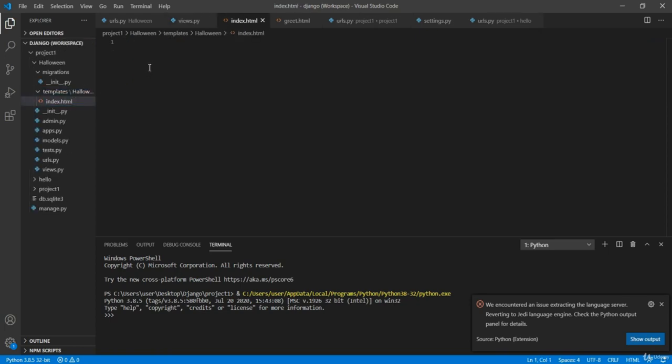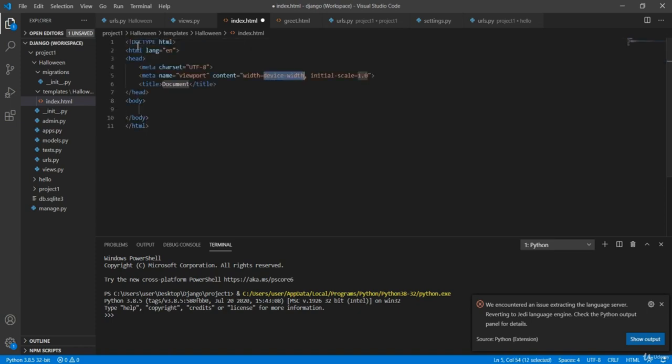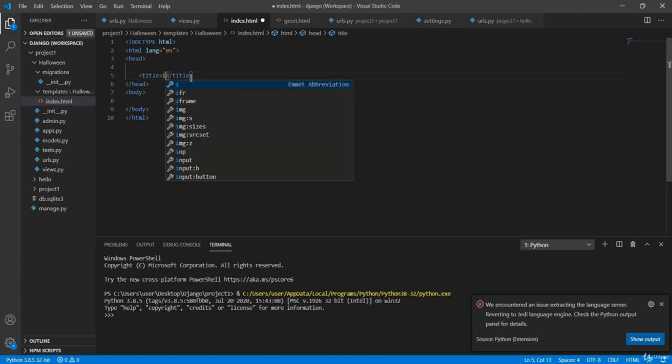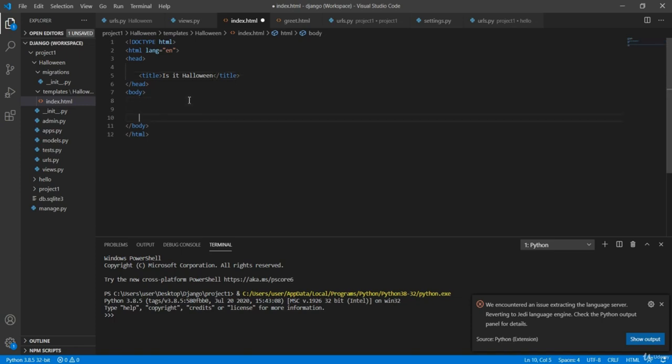Now inside of my HTML file, I'll be creating this HTML document. Let's remove these for now, and let's give this web page a title of "Is it Halloween". And I'm going to add inside of my body a conditional, and that's because of Django. Django is going to give me the ability to add a conditional to my HTML template. And so I'm going to be saying if,